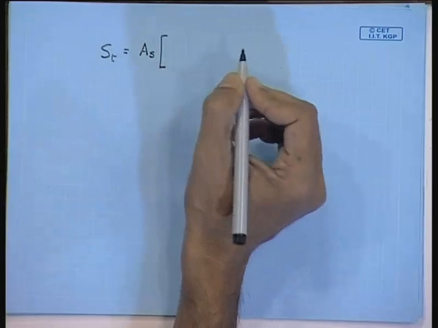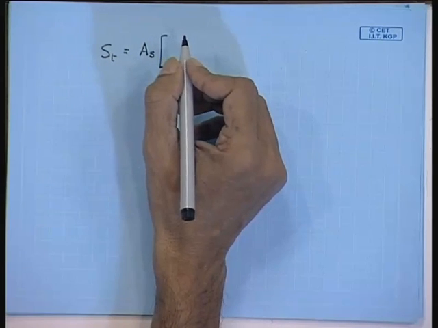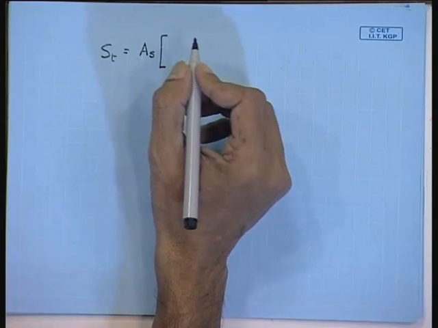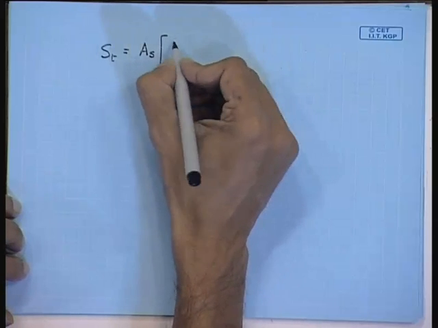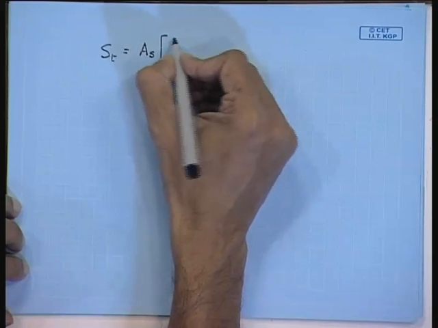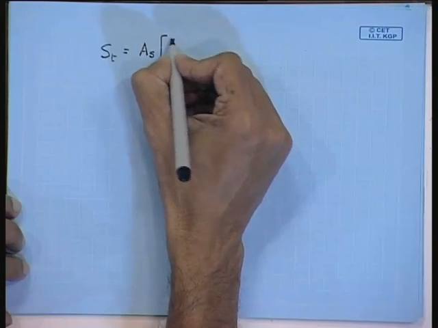And you collect all the terms in the moment, that is your MT and PT, to one side, and see what you get. So, our slope equation is